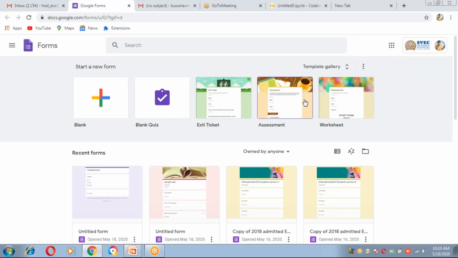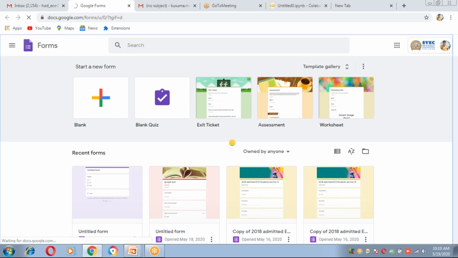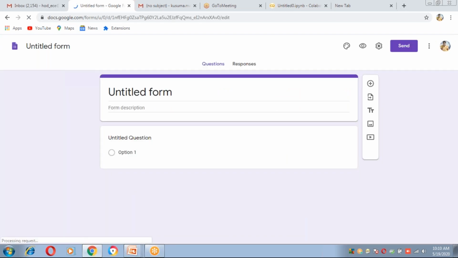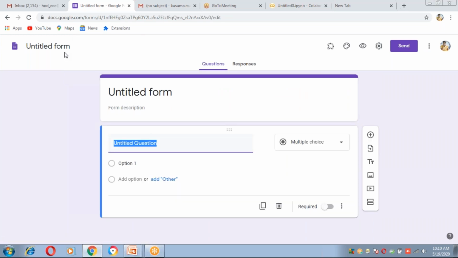And it will display like this. This is the untitled blank Google Form. So I am going to create a new Google Form. I'm clicking on this. This is the untitled form. Here we can give a name to this Google Form also.